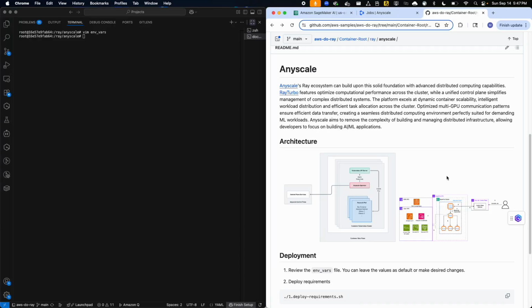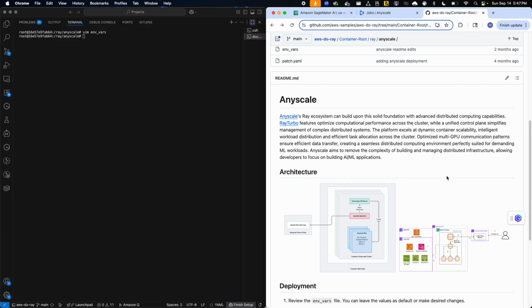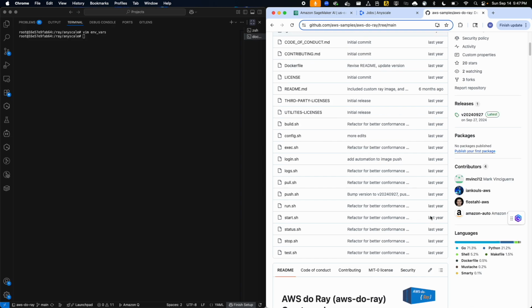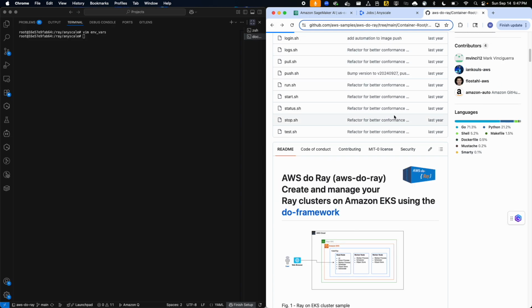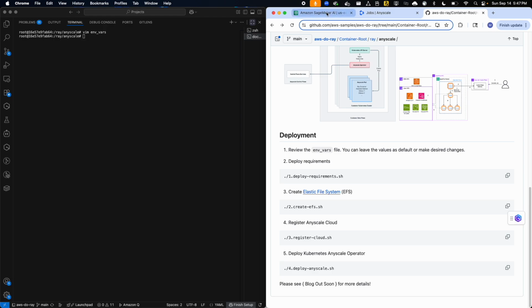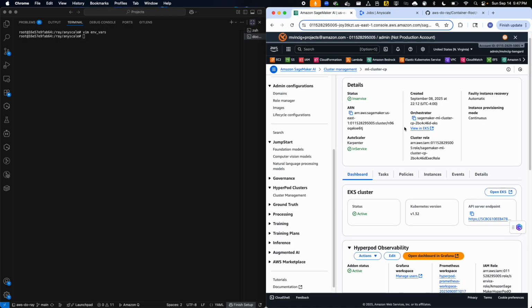I'm a Specialist Solutions Architect at AWS, and today we'll be deploying Anyscale on HyperPod. We'll be using this repo, AWS Do-Ray, in the AWS Samples repository. It comes with some pretty intuitive scripts to get it going, but first let's look at our HyperPod cluster